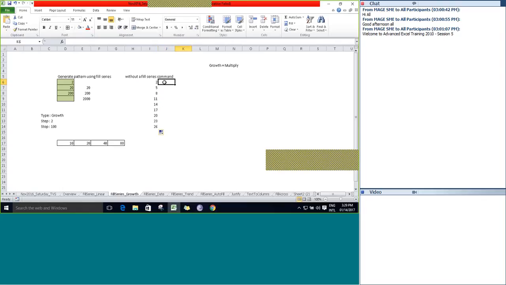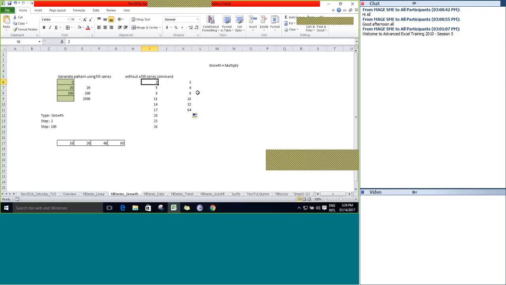If you want to generate it for a multiply, then you have to go by this. We discussed earlier, 2 multiplied with the previous value: 4 into 2 is 8, and 8 into 2 is 16, and it goes on.